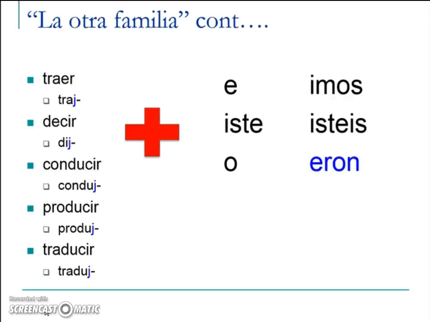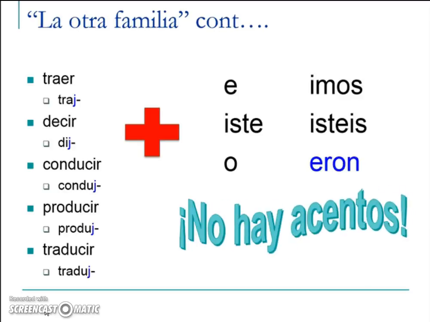Your Spanish 2 teacher might have called these J stems. I think that's just kind of confusing because the next video will be on stem changing verbs, and I just don't want to get you confused by all the different terminology. But anyway, these are still irregular, okay? You just have to remember to chop off that I in the third person plural. Okay, so no hay acentos.